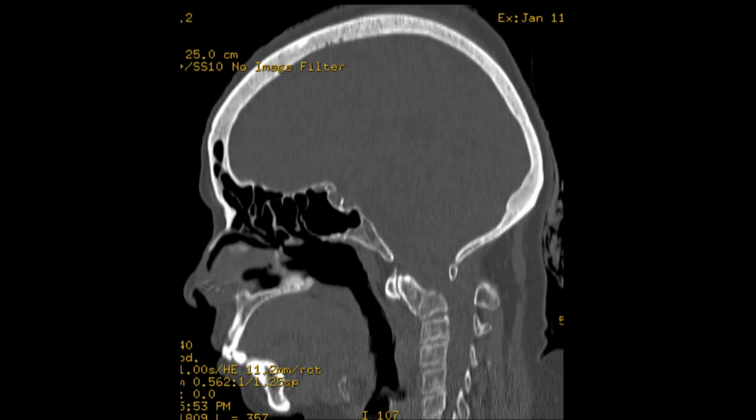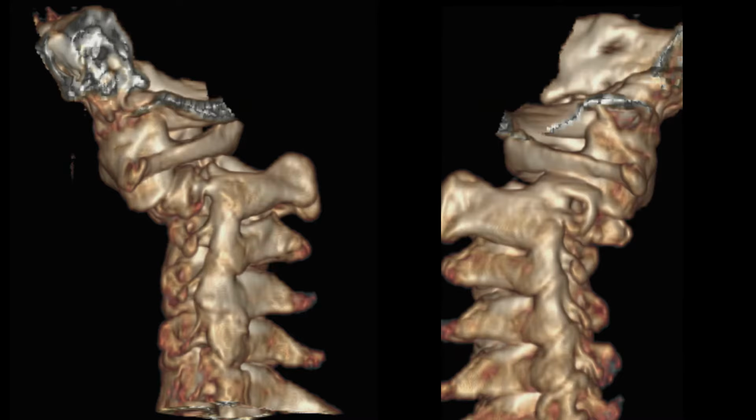A 60-year-old female patient presented with a severe head injury, and the patient was brought to our ER where she was evaluated with CT brain and CT C spine. CT brain was normal, but her CT C spine showed type 2 odontoid fracture, and she was evaluated with MRI,